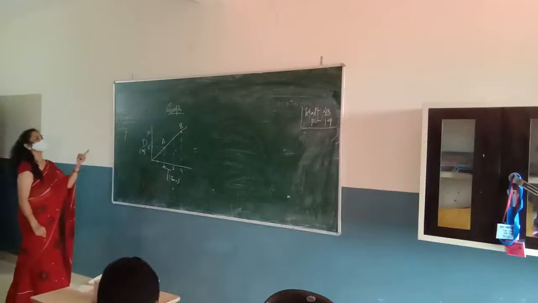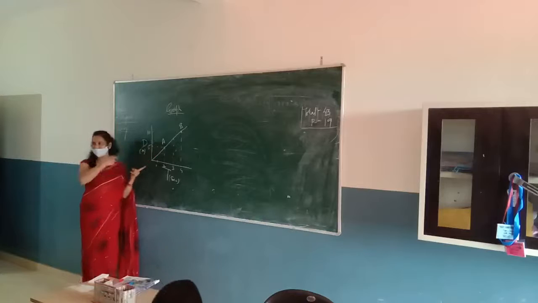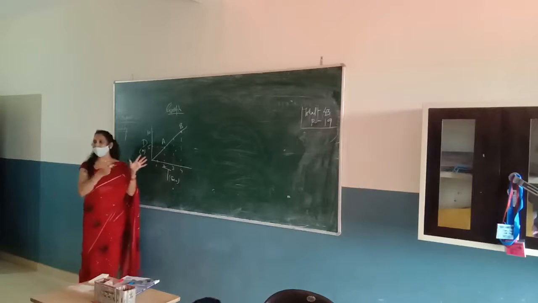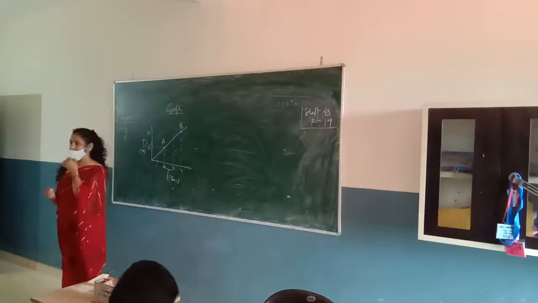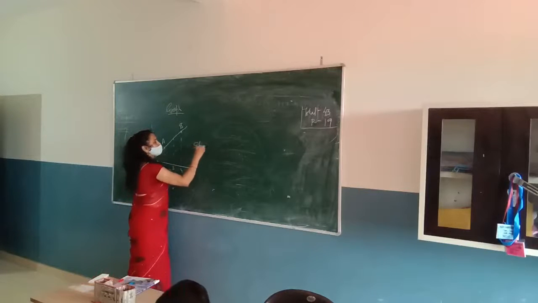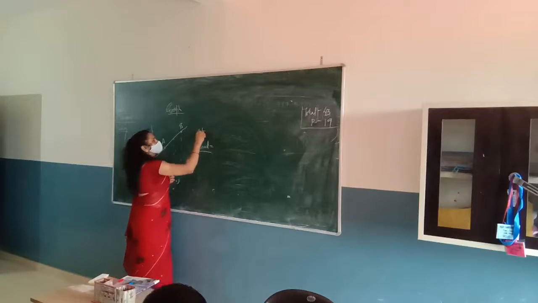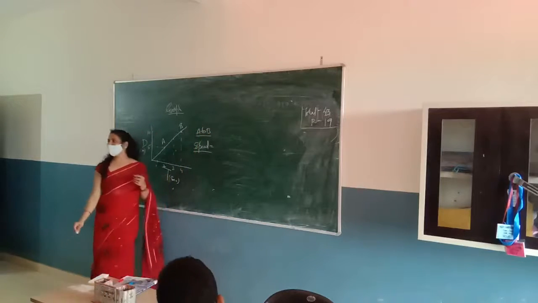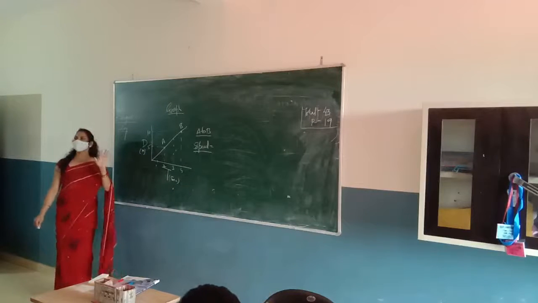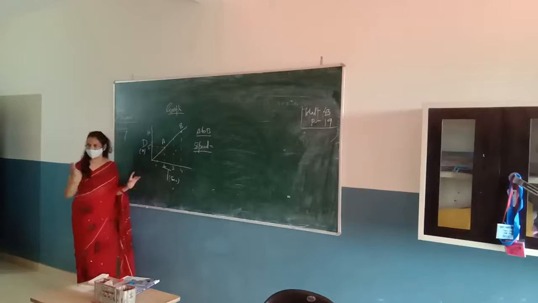So this is the dt graph, and this is the distance covered. In 2 seconds you cover 5 meter. In 4 seconds you cover 10 meter. So by using this graph you have to calculate the speed of the body, or we can say velocity of the body. Is anyone who wants to answer this question? How can you find out the speed or velocity by using this graph? From A to B. You want to calculate the speed of the body from A to B. How can you find it? Raise your hand for answering. Okay, doesn't matter. If you want to find out, okay, later.